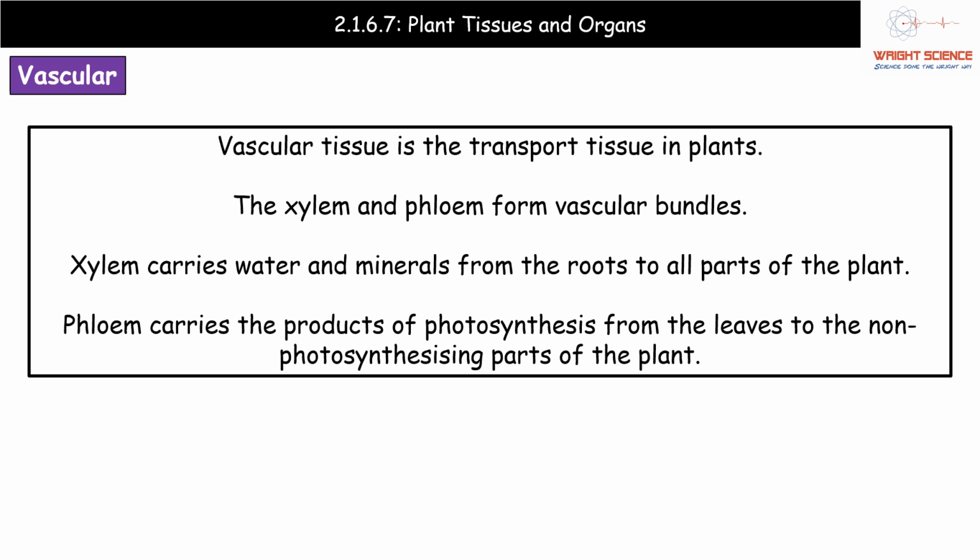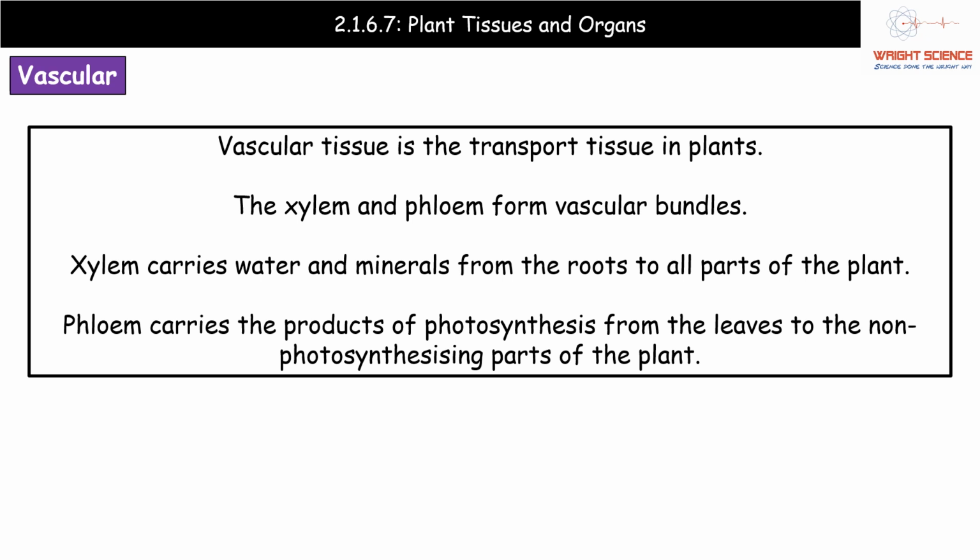Second type of tissue we need to know about in our plants is the vascular tissue. And this is just the transport tissue in plants. So what we've got are xylem and phloem. So the xylem and the phloem are two obviously individual tissues that are actually found together in a vascular bundle